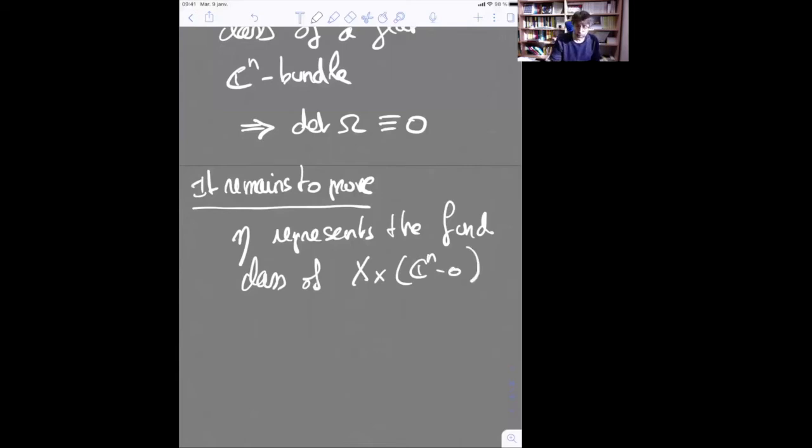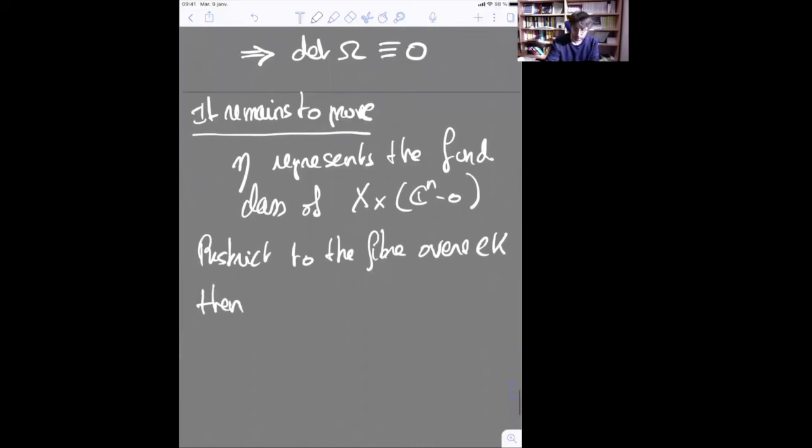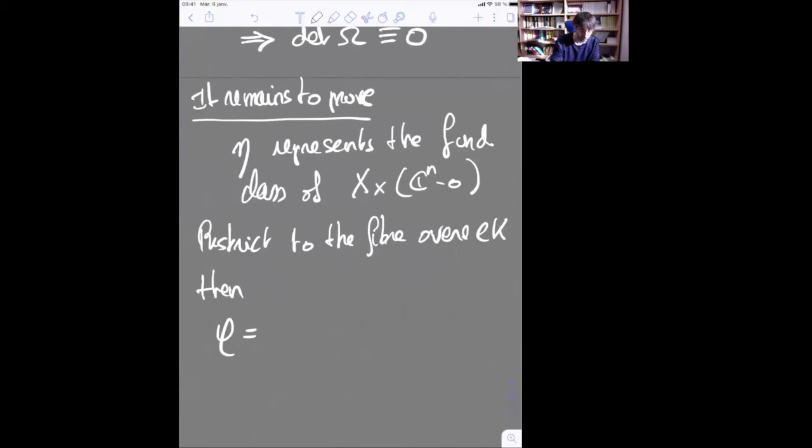And to do so, we may restrict to the fiber over the class of the identity. So then we can compute everything, because then phi is equal to